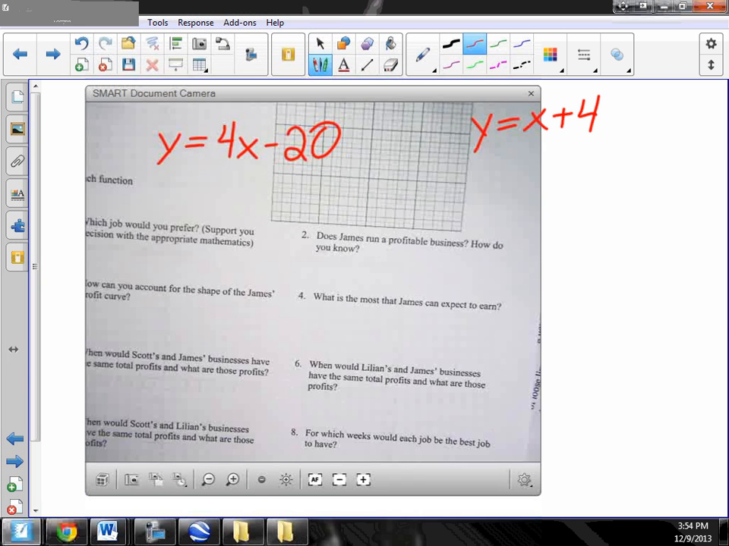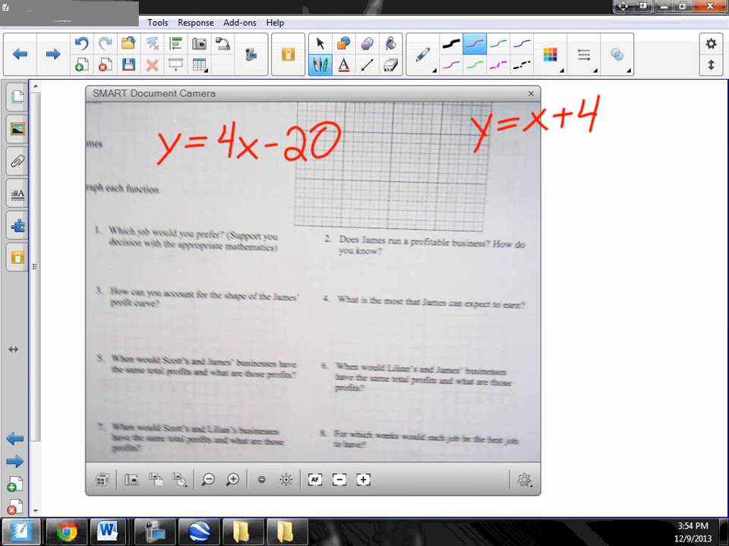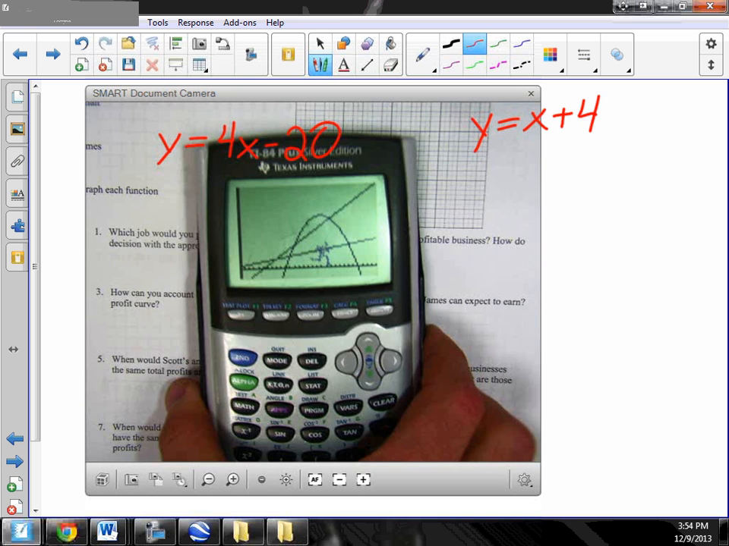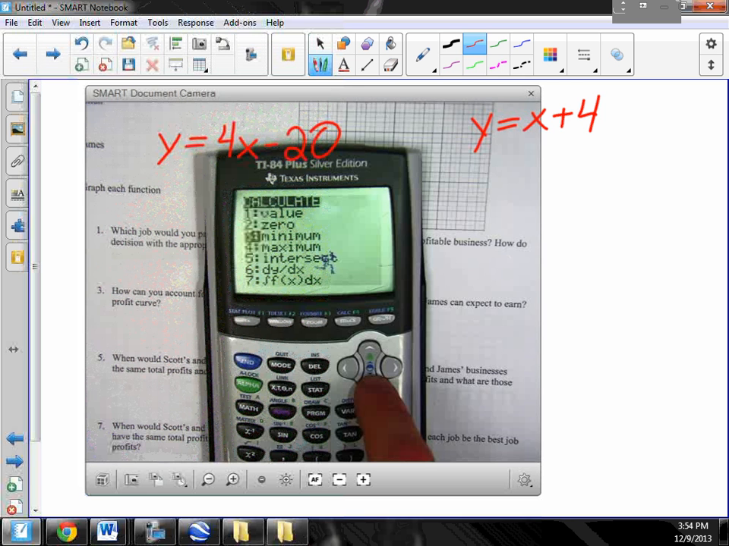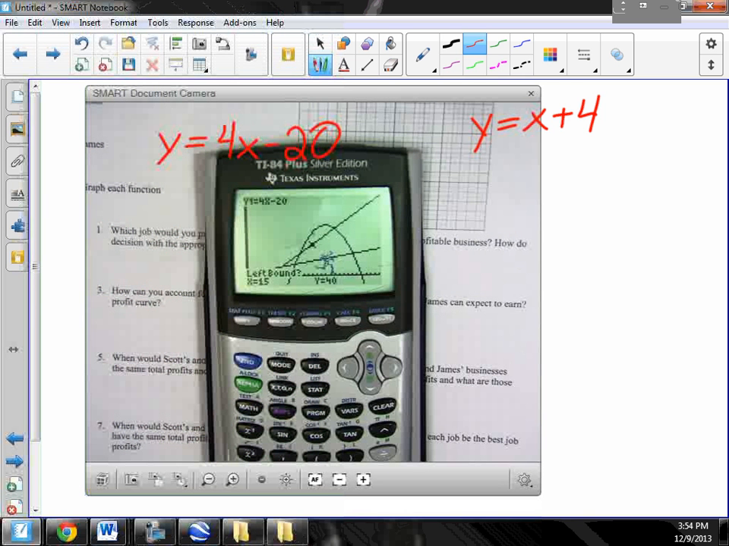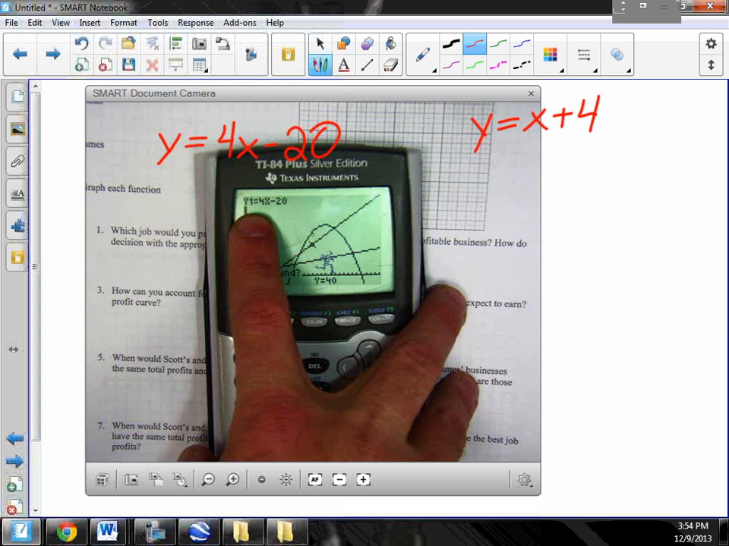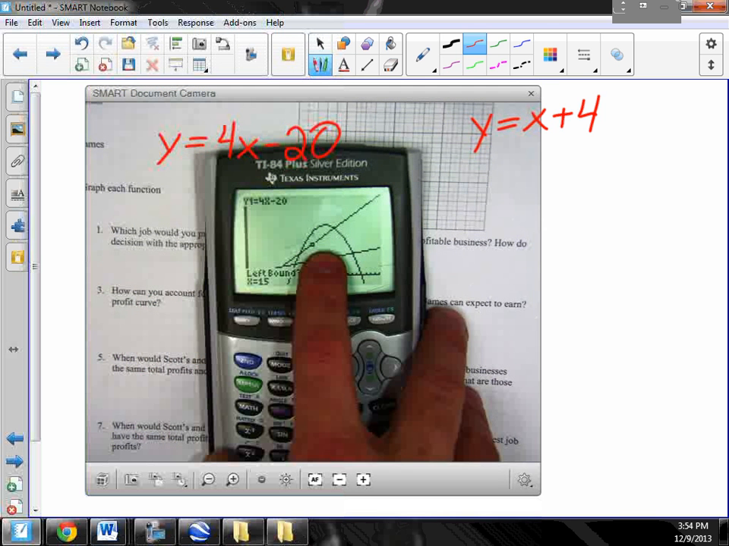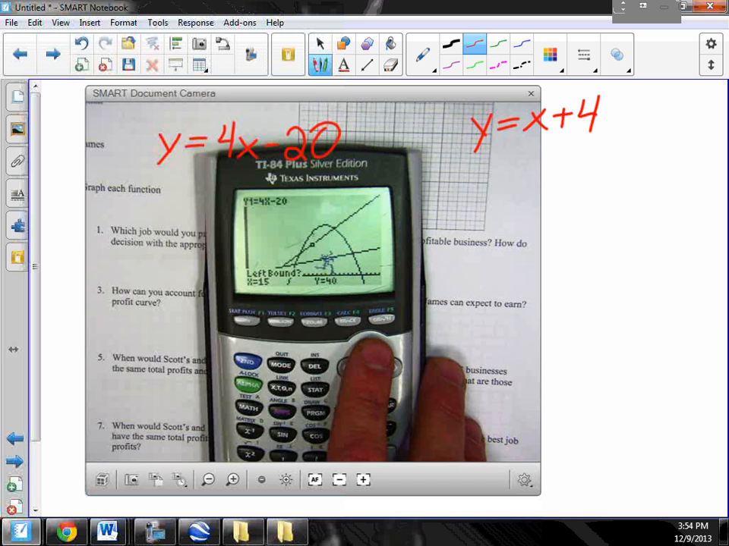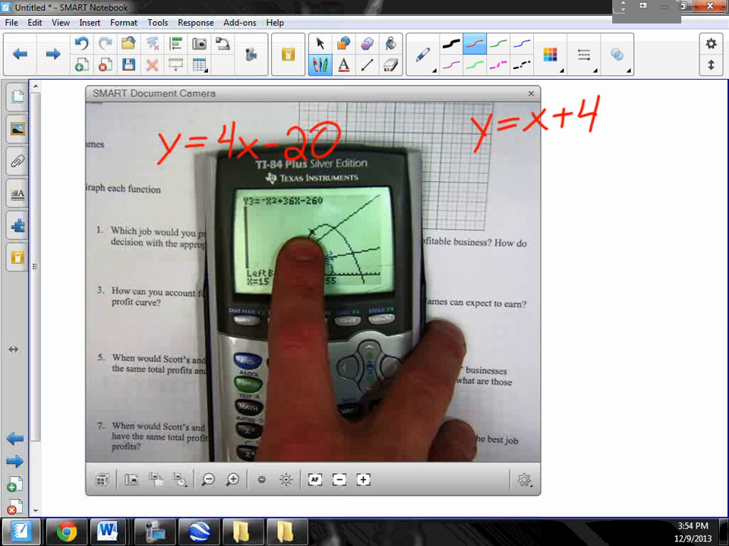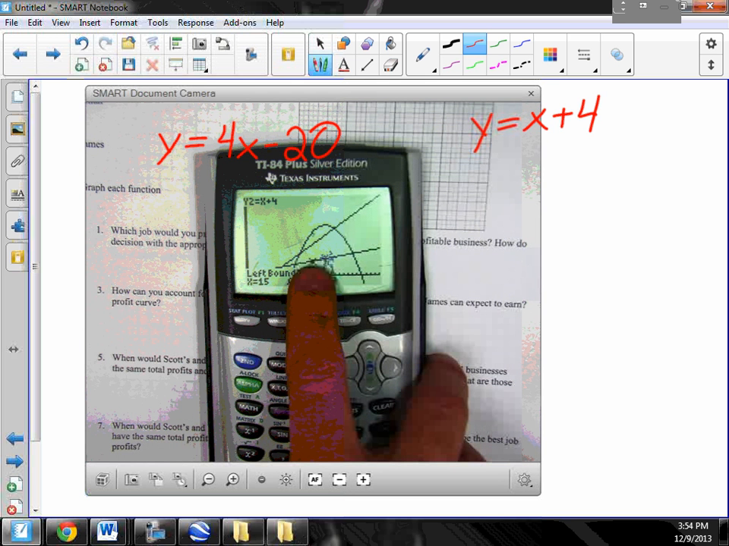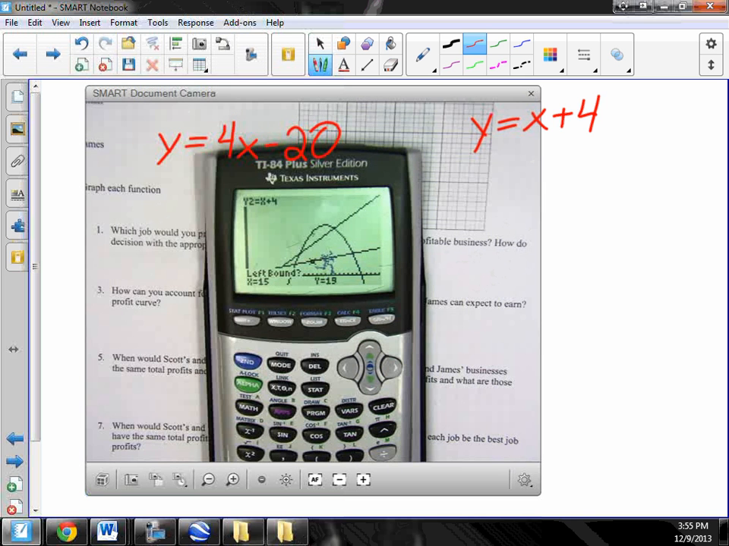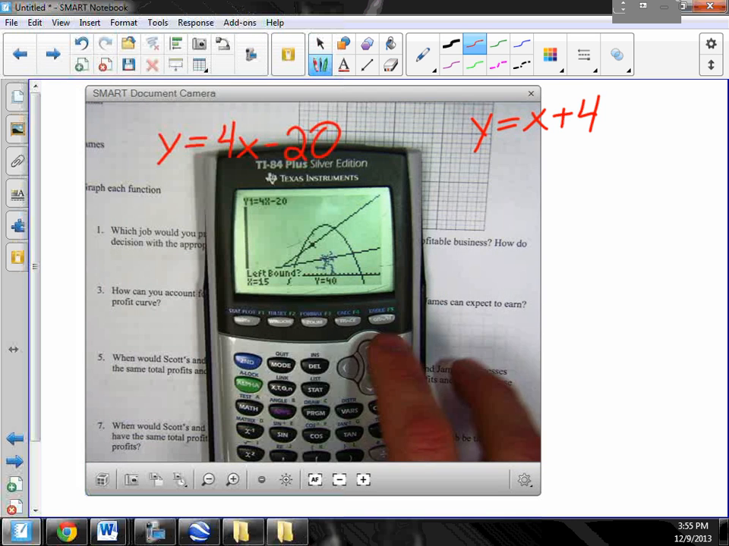So number 4, what is the most that James can expect to earn? So you're going to use your calculator and do second calc maximum. And the trick here is we actually have 3 graphs. So in the top left corner you see y1, and you see the cursor on Lily's graph. If I push up, then it jumps to y3, which is James's graph, and I push up again, and it jumps to y2, which is Scott's graph. So you need to make sure that you're on the appropriate function when you try to find the maximum or the minimum. So I want the maximum of y3,